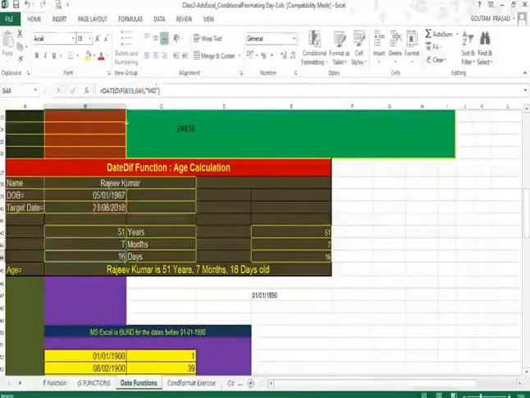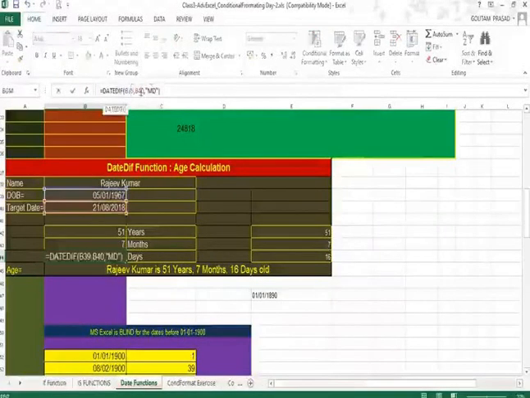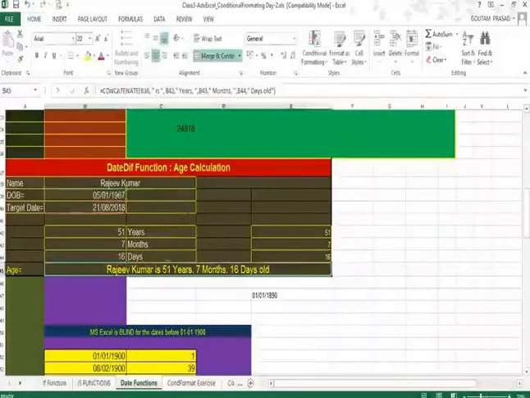In this case, we are taking the number of days remaining, leaving aside the total number of months. So here is the date of birth and the target date, that is today's date, and we are getting the number of days remaining, leaving aside the total number of months.